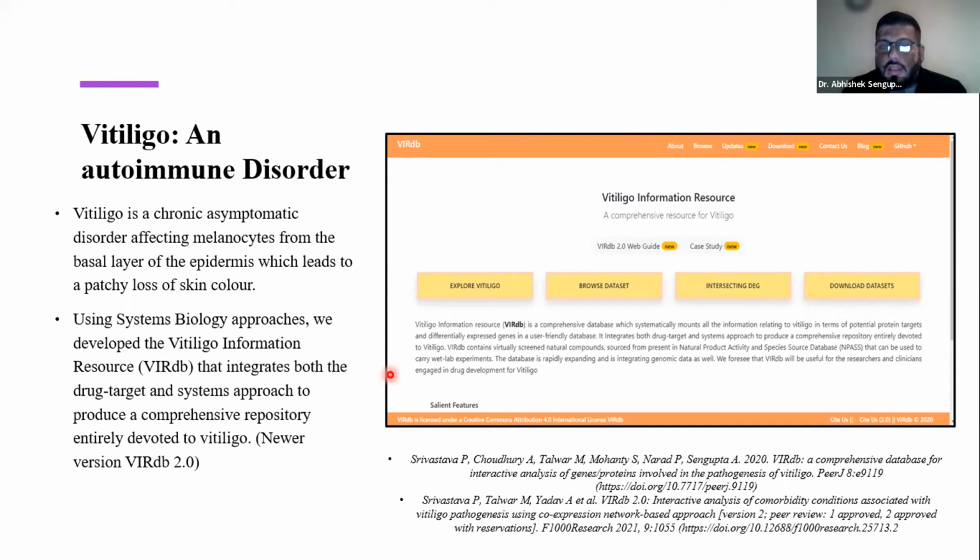We have also done some work where we have built correlational networks between vitiligo and multiple sclerosis, then rheumatoid arthritis and psoriasis, etc. And we are also working on connecting it to other diseases like thyroid, hypo and hyperthyroidism, and then diabetes, etc. So we are trying to do this correlational network analysis